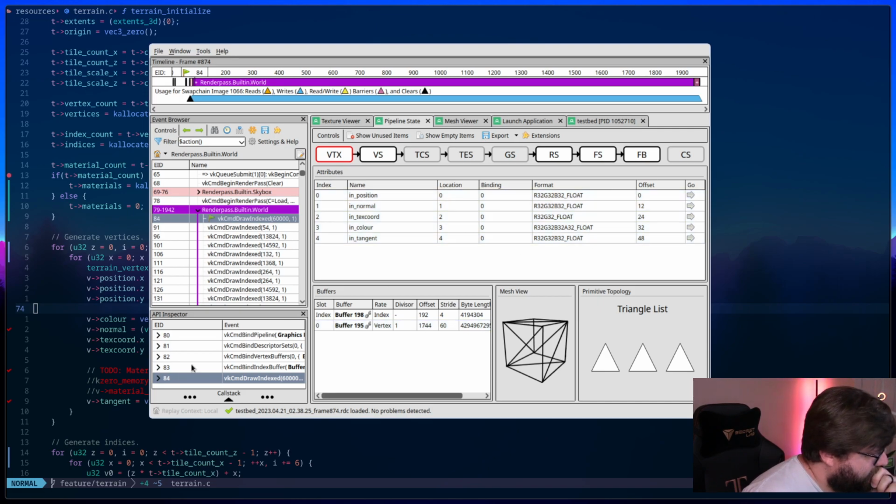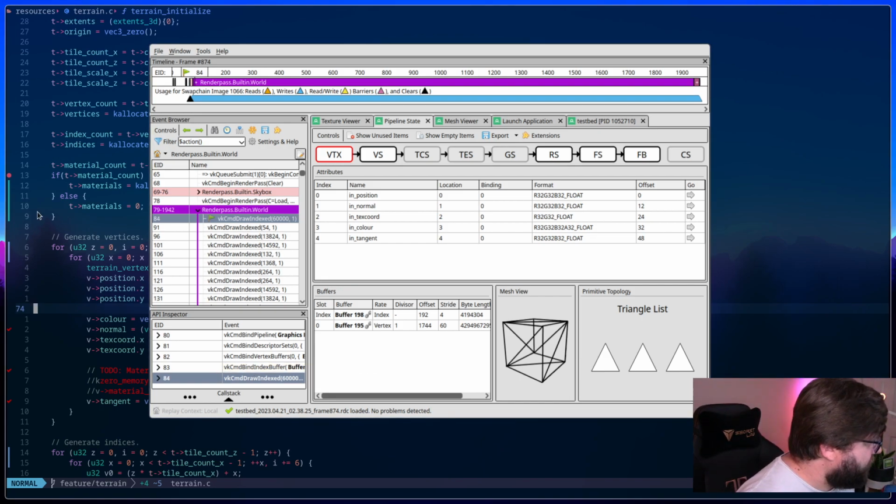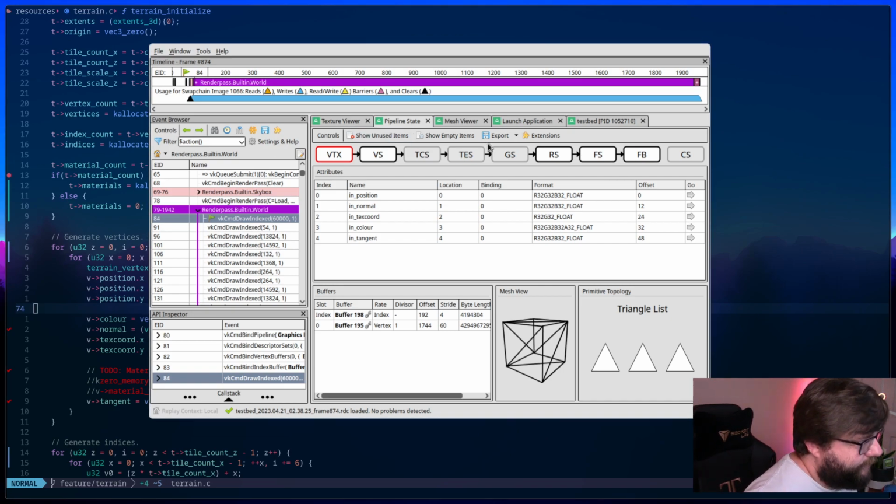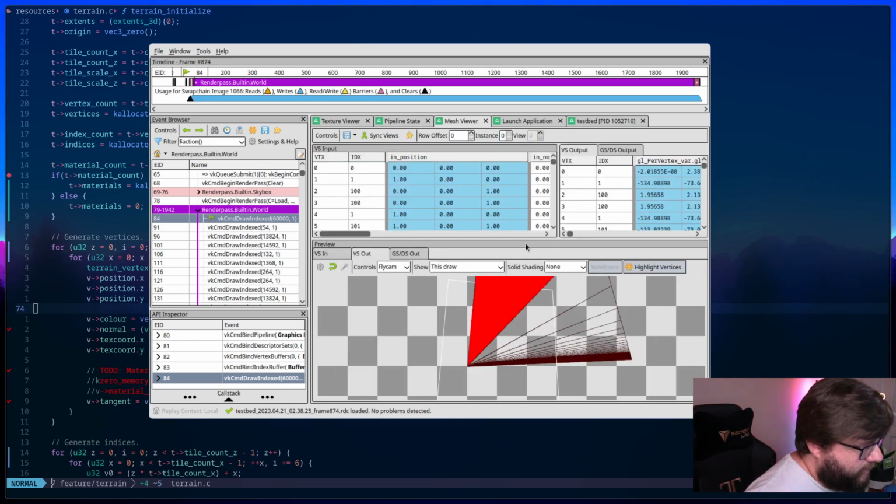So I don't think it's that. Yeah, it seems like the Y outputs are not 0. Yeah, for sure. I just don't quite understand why. No pun intended.